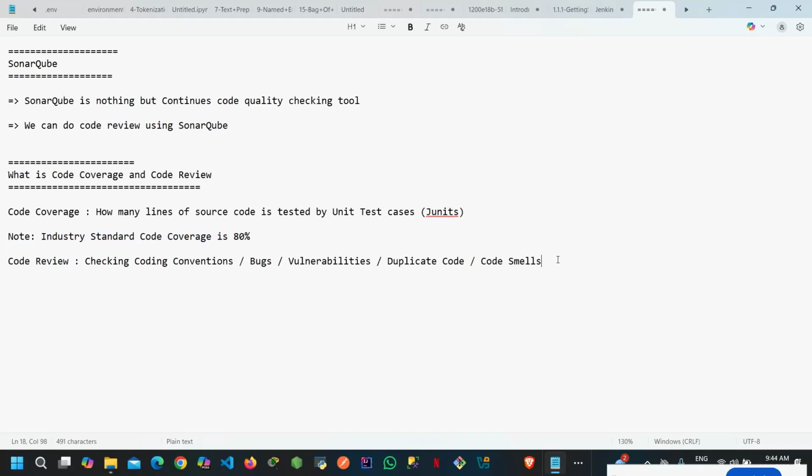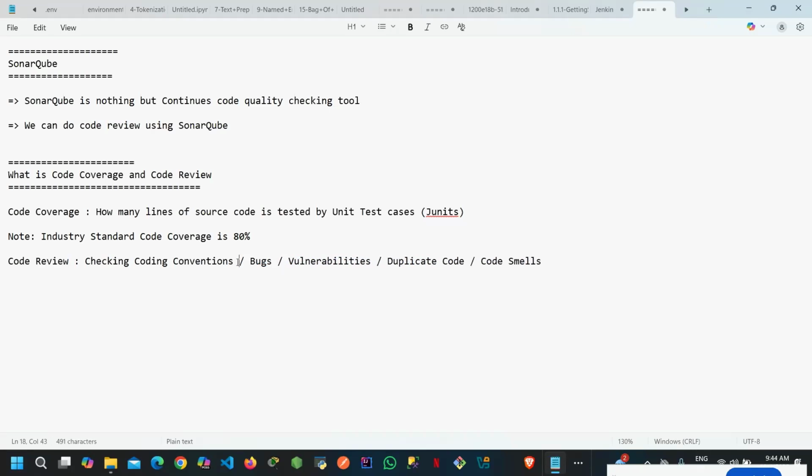See, guys, whenever a person enters the IT industry, the first task is to work on this, and it should pass the code quality. So you can check the bugs, the vulnerabilities, the duplicate code, the code smells. And the best thing is, whenever we test our code using SonarQube or code review, on this SonarQube UI we have the mention like bugs are around